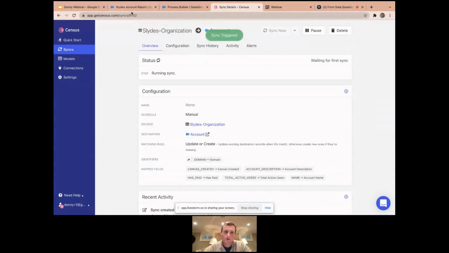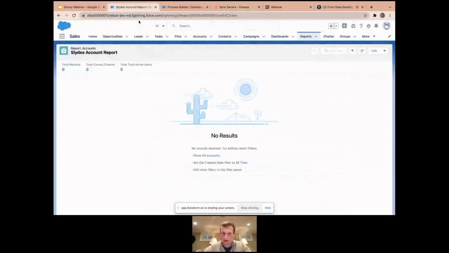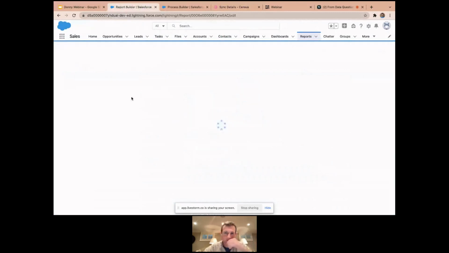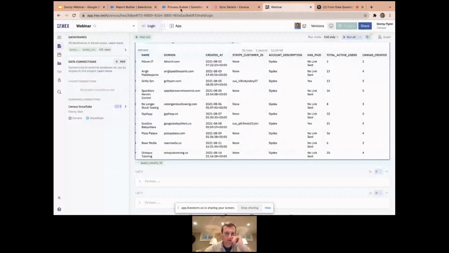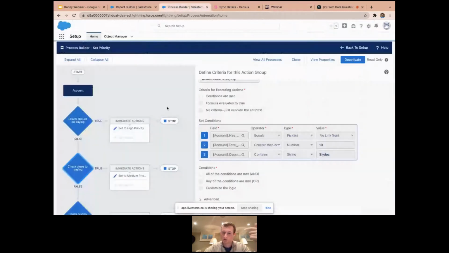Now, while that's running, I'm going to quickly walk through just what I have here. So in this report in Salesforce, I have the account name, the domain, number of canvas created, number of total active users, what that payment status is that's coming from Stripe, and then this customer priority field. But wait, I didn't actually add that customer priority field in this query. So what actually happened here is I set up a process builder in Salesforce, and while I could have done this logic in SQL, I wanted to point out that